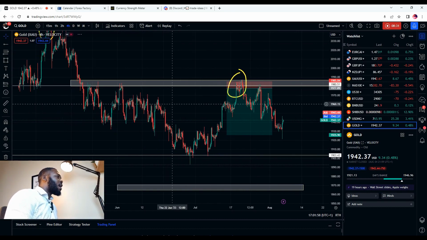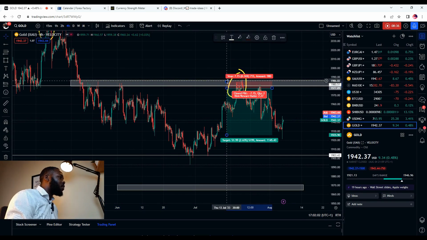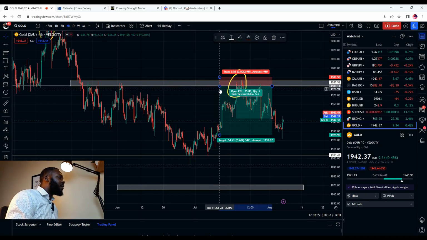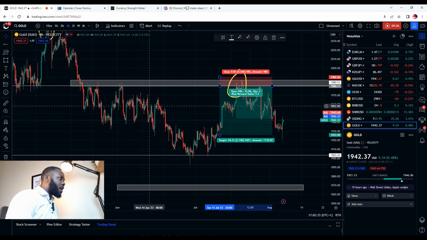So you can see now when we have this zone here, when we are setting our orders, we can easily put our stop loss above the zone. Your stop loss should be a few pips above the zone. Then you can set your targets closer on the horizontal line, because if it breaks out of the horizontal line, it's still going to trigger your order. So now you have your orders on the horizontal line and you have your stop loss above the rectangle, which is the max place that a wick can reach that is not going to trigger your stop loss.